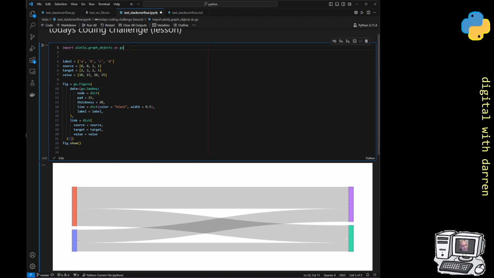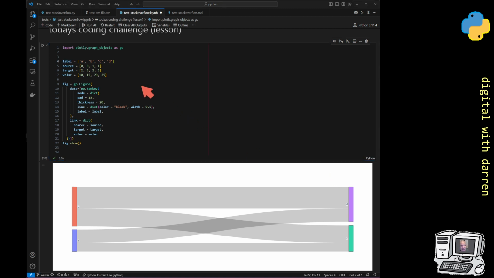The first thing is we have to import plotly.graph_objects, graph underscore objects, and the typical alias is as go, so GO for graph objects. That's just how it would have been pulled out of the documentation, which we could go to on a website. I have looked at the website before, but we could use any alias that was convenient to ourselves. And then the next bit is to look at the labels here, and we'll pull this out